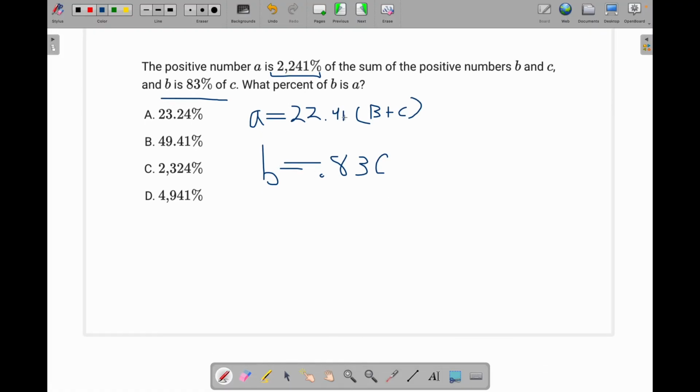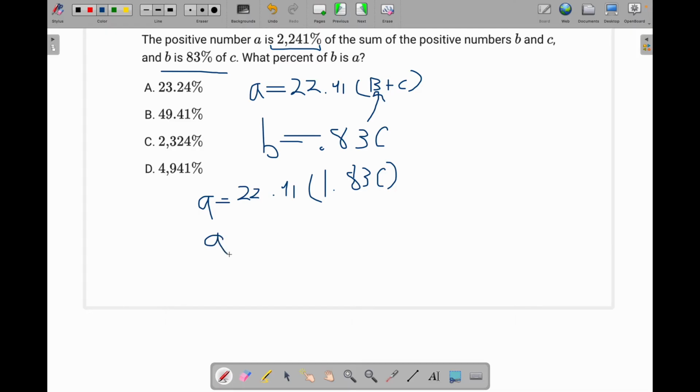So now if we plug B in terms of C, we're going to see that 1.83 C times 22.41 equals A. Using Desmos, we can multiply these two numbers together, in which then you're going to see A equals 41.0103